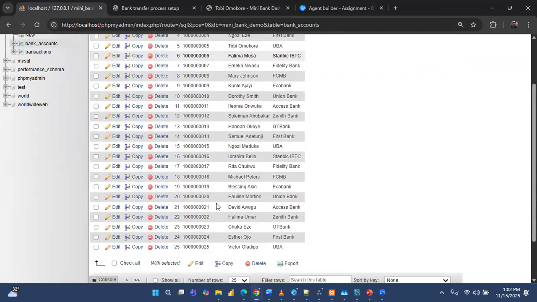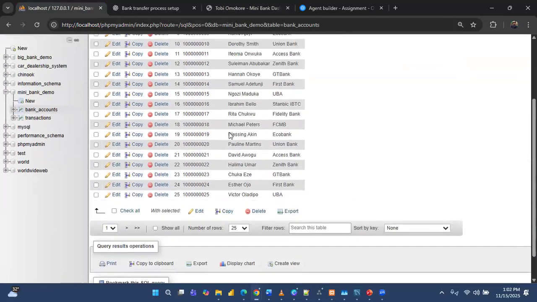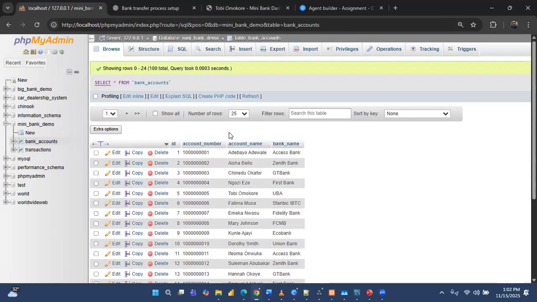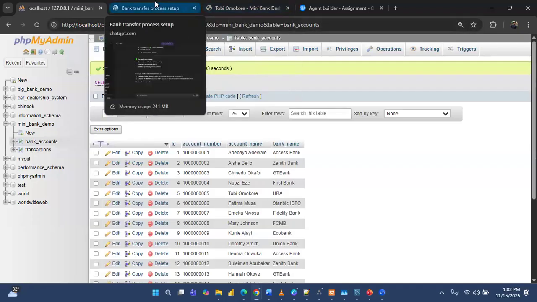So yes, that is basically it for the practical. I just wanted to use AI to show you what can be built and the process at which things are being built,